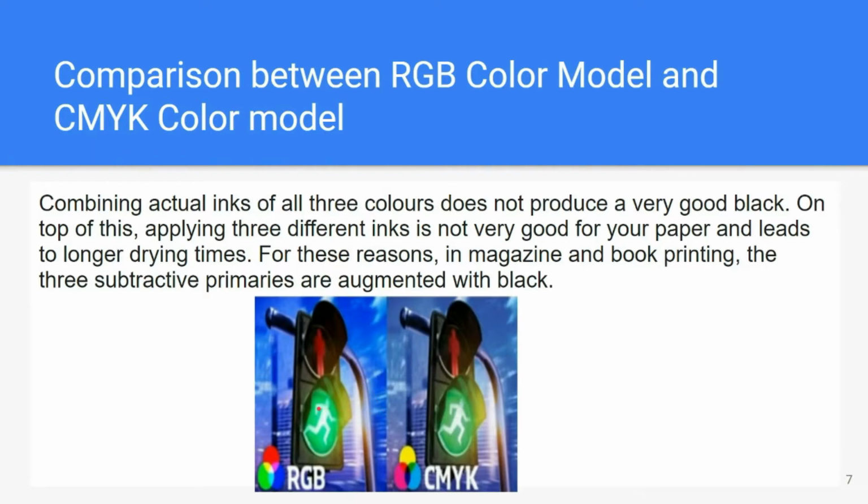In this image, we can see the RGB color model image and the CMYK color model image. In the RGB color model image, the green light is somewhat brighter, and in the CMYK color model image, the green light has more depth, and here we can see the blue color is very natural compared to the CMYK. And also the RGB color model looks better than CMYK. That is the reason for the difference we see between the printed document and our monitor.